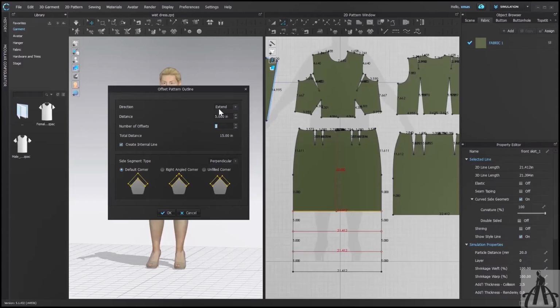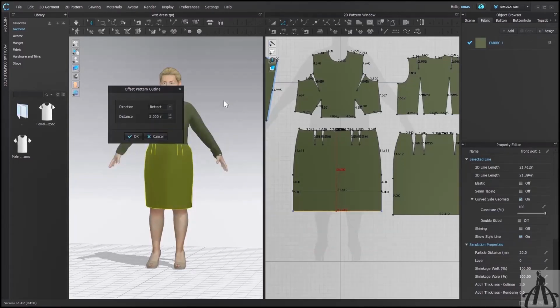Currently extend is written here, which means to increase something. That is what we are doing right now. But if you wish to reduce its size, then you have another option called retract. After selecting this, all the extra options will be removed and you will only see one possible change. That's its distance. Whatever value you need, you can write that here. Let's go back to extend because there we have a lot to learn.